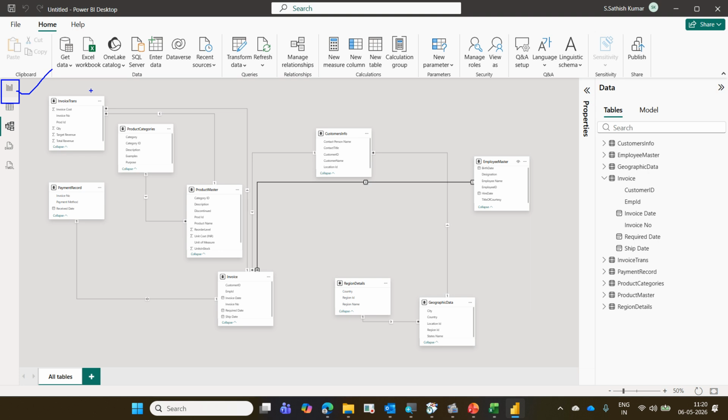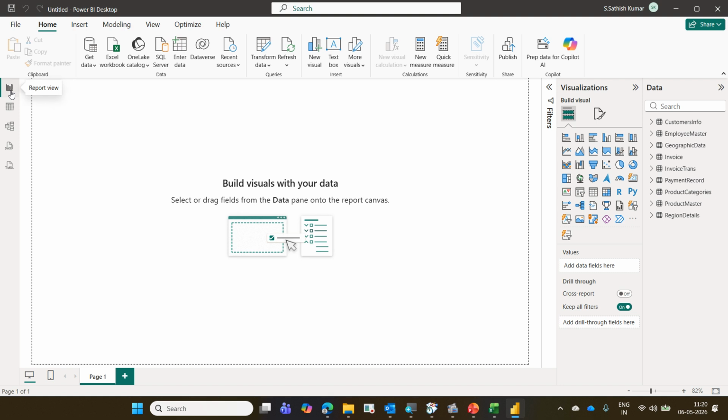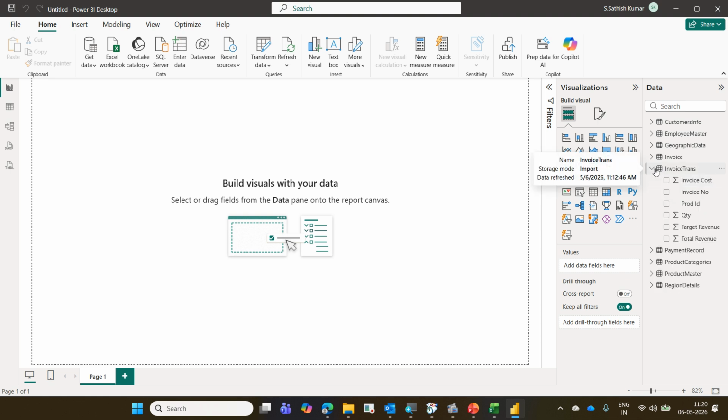Come back to the report view. Now, I want you all to try this. In the invoice trans table, there is a column called total revenue. Now, what I want you to do is insert a card and display the total revenue.